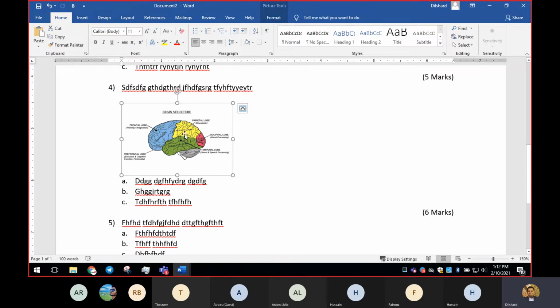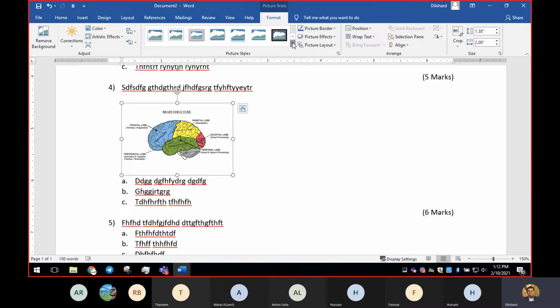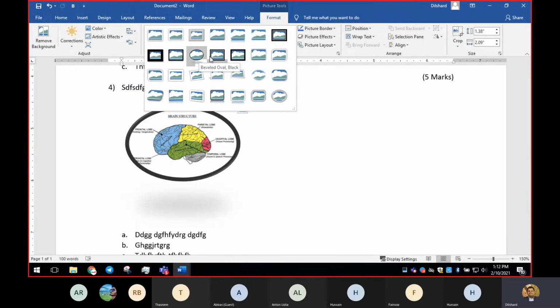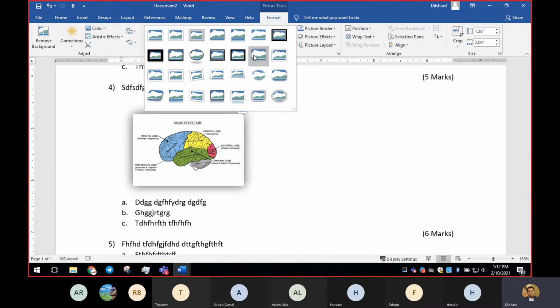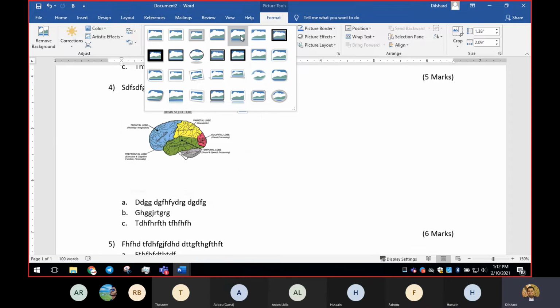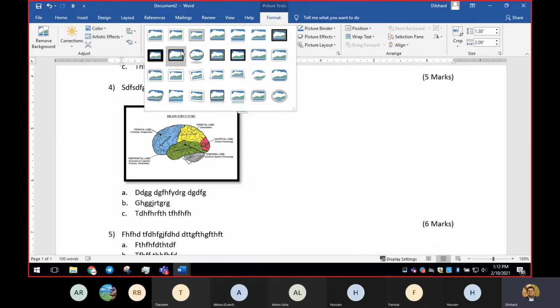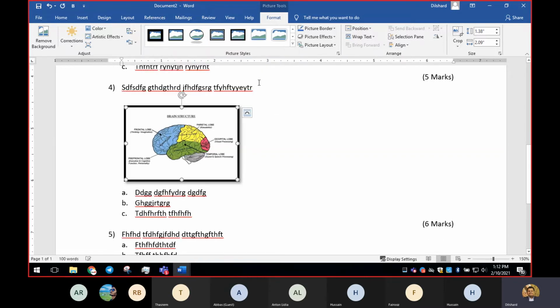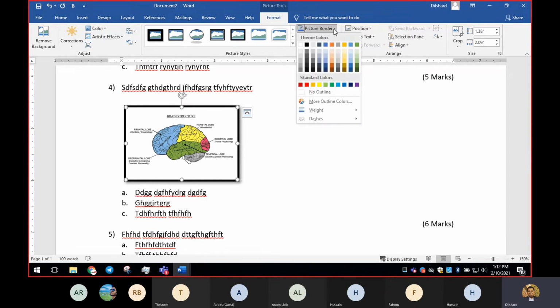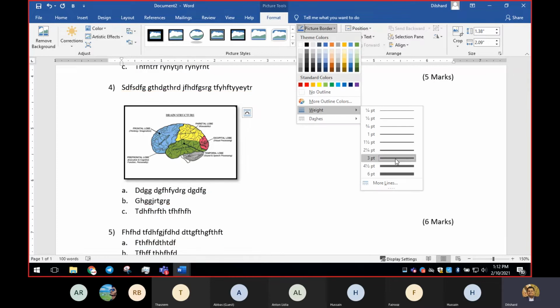If you need a border, click on that image and go to format, and here we have many types of borders, right? So I'm going to select the basic one, right? And if you're still not happy with the default basic one, you can even modify this, right? So it has more weight.